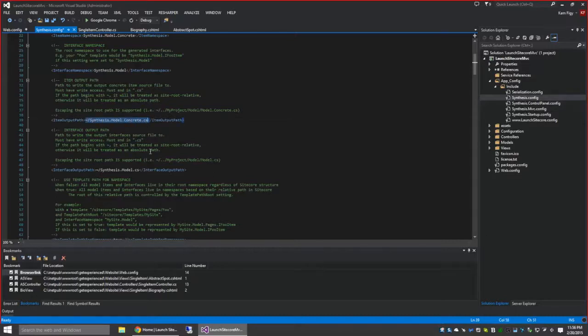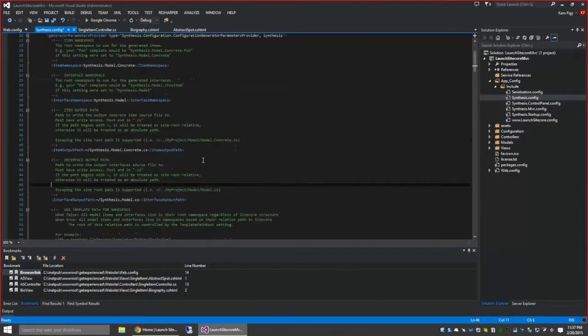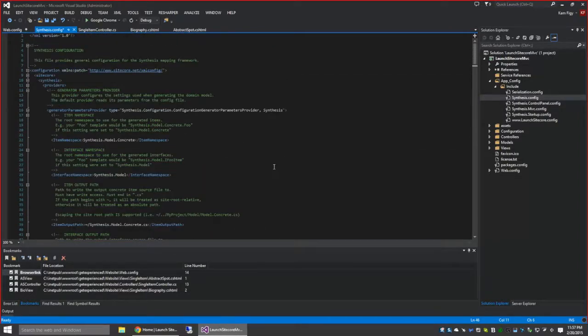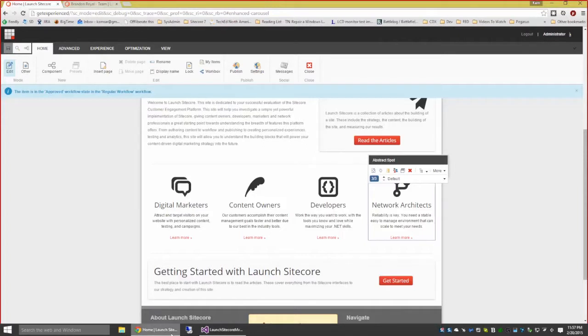This is web root relative, and you can jump out of the web root. So if you are developing out of the web root, I develop in the web root, so it's not an issue for me. But if you're doing a project where it copies build output into a Sitecore site, you may need to have this do the relative path to the place where you want the model to be stored relative to where you deploy it to. But by and large, the default config out of the box will work. And in fact, we're going to stick with the default config out of the box for this, and we'll see exactly what it does. So if we just run a build, which succeeded, we will go to our site,